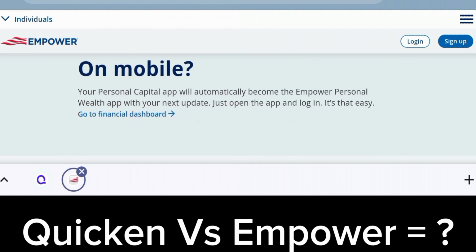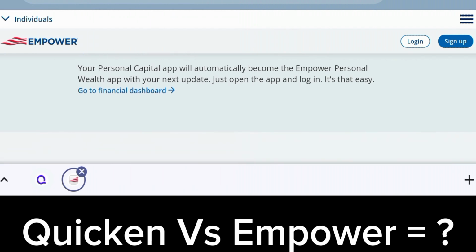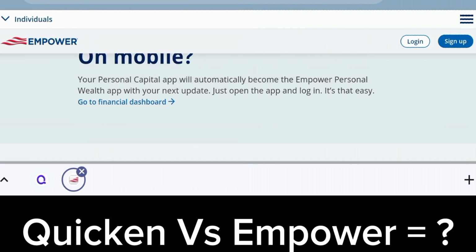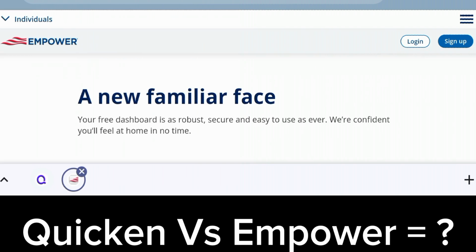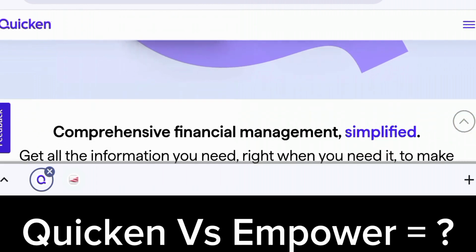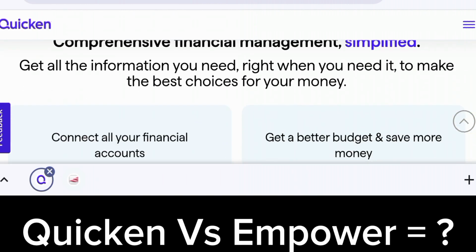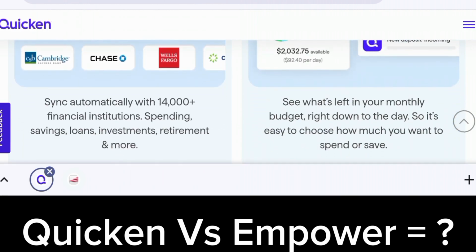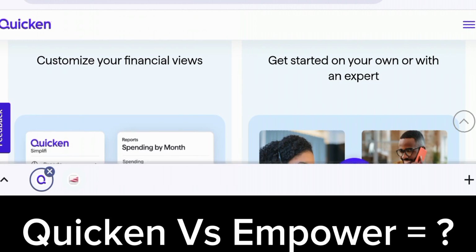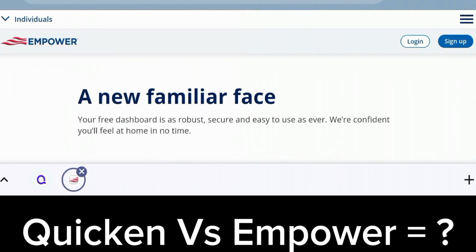All right. Talking about the other difference, which is the user interface. Empower has a modern, intuitive interface with a focus on ease of use and on automation, which makes it user friendly for all experience levels. And when it comes to Quicken, the interface can feel dated and complex, especially if you're a new user, so it requires more manual input and customization. So when it comes to the aspect of user interface, I'm going to go with Empower because it has ease of use and modern design. Their interface is more user friendly.